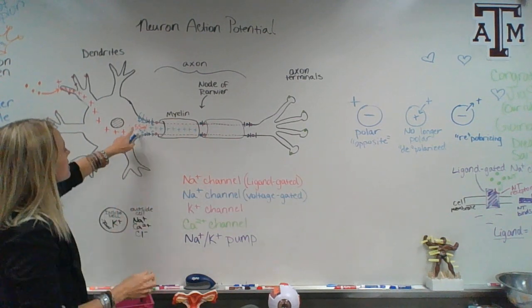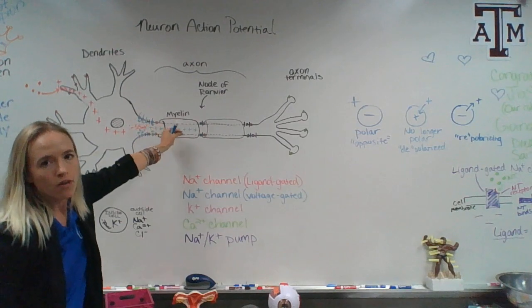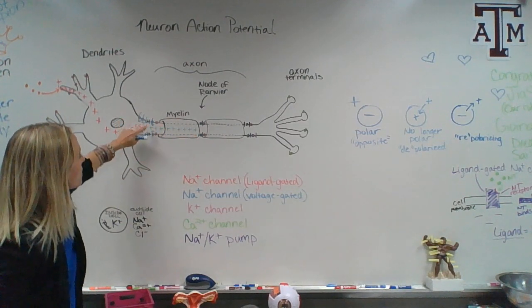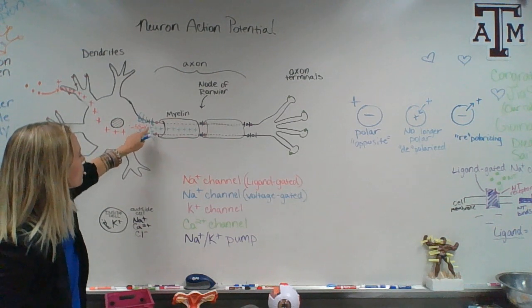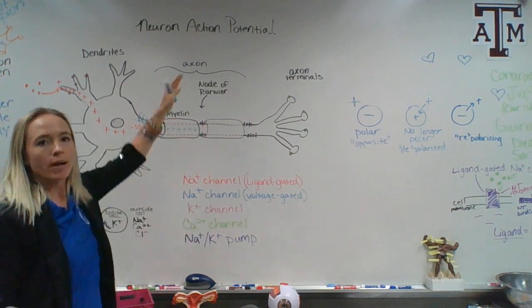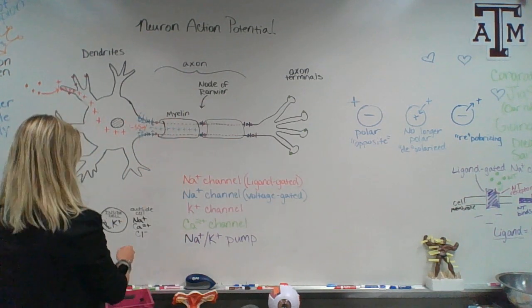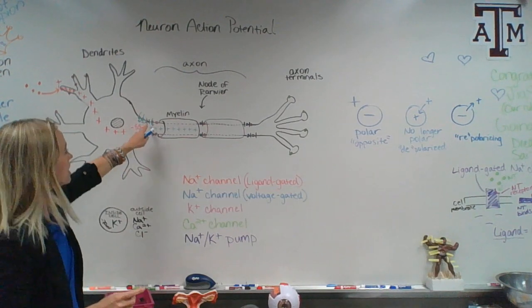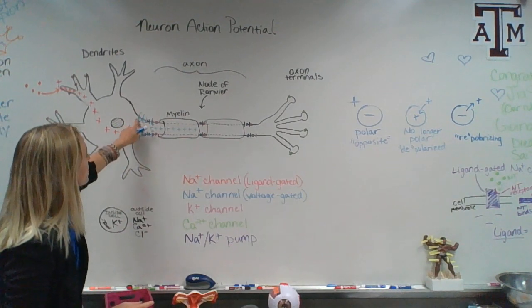Now, as this positive wave is happening, when all this sodium comes in, it's going to shoot all the way up to positive 40. At positive 40 millivolts, these gates close,